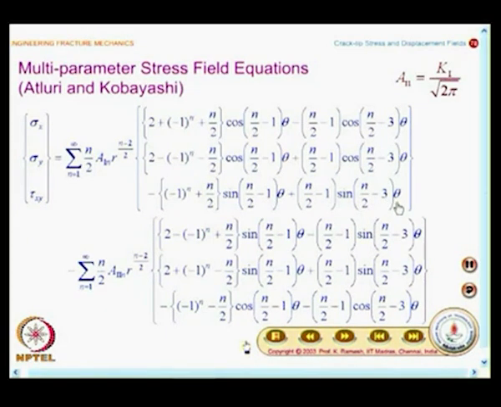See, you will have to notice one thing. I have the mode 1 stress field as well as the mode 2 stress field in terms of a generic expression. When I change n, I would get the second term, third term, fourth term and so on. I can easily computerize the set of equations. That is advantage number 1. And another aspect is it is easy for computerization,